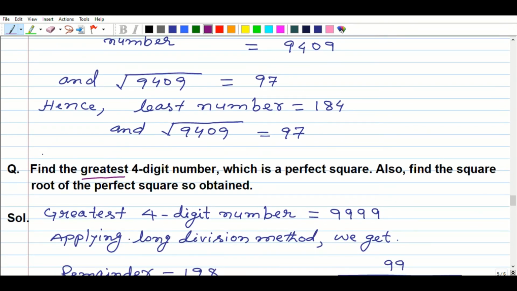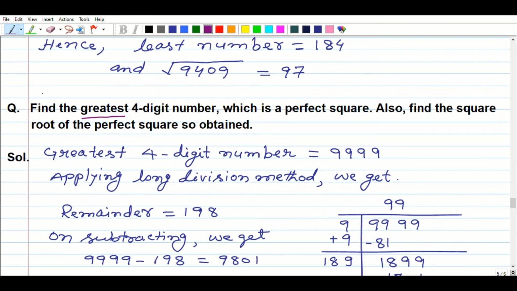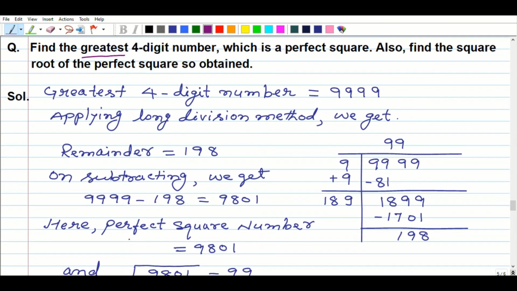We have 9999. Applying the long division method, right? Such type of question, we will apply the long division method. After calculating it, here is 99. Make a pair from the right-hand side. It has 2 pairs. In the leftmost it is 99, and which number's square is less than or equal to